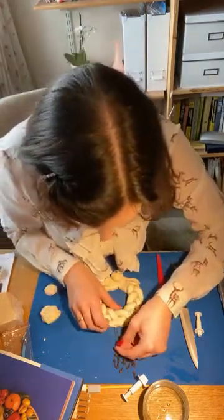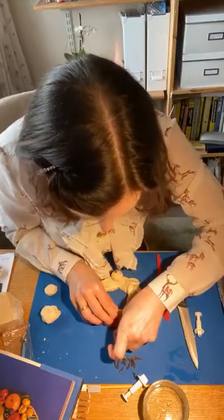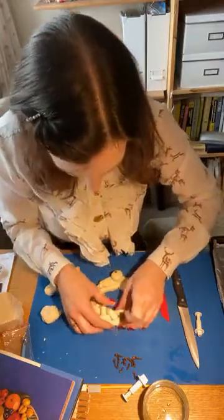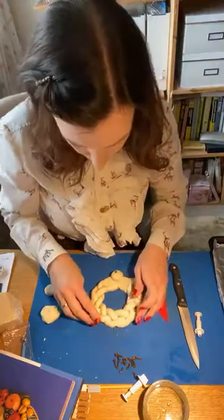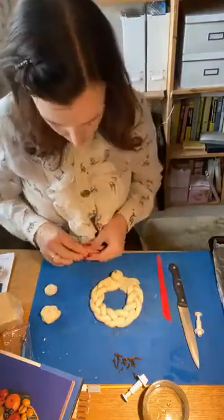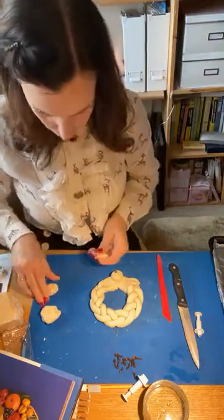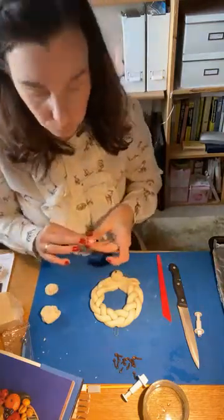Actually, that's not good, is it? It needs to be sort of flat to the wall, doesn't it? Right. Hopefully that's stuck all right. When I turn it round, I'll have a look, see what that looks like on the other side. Don't want to squash it too much. Right, leaf on the other side. That's too big. You've got to work fast with this stuff because